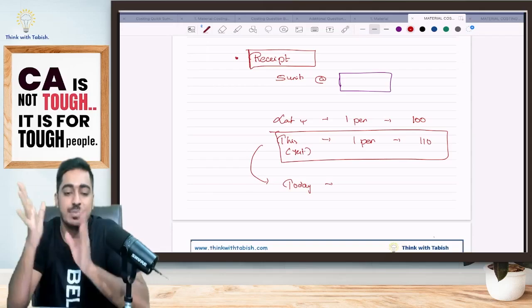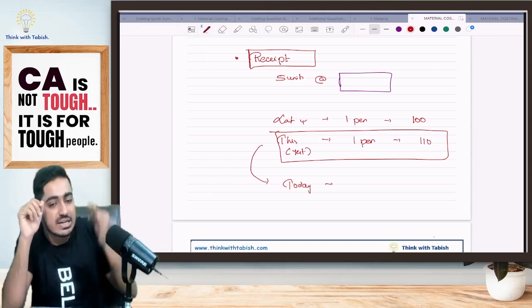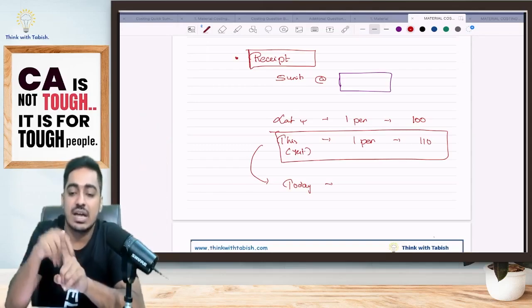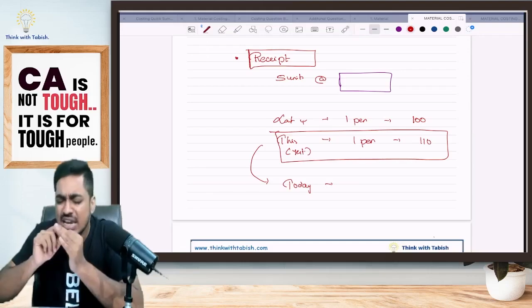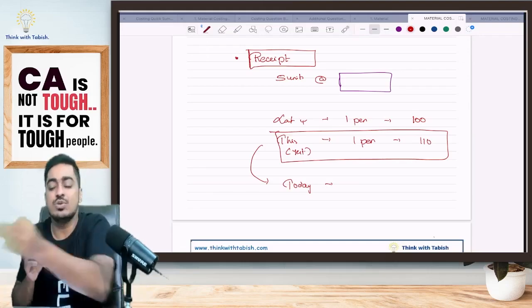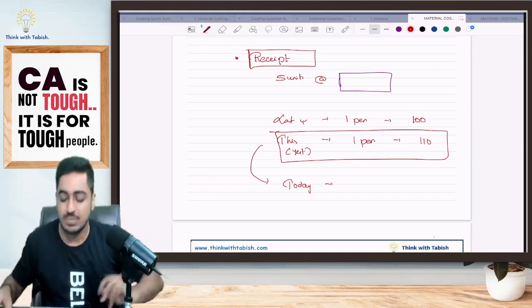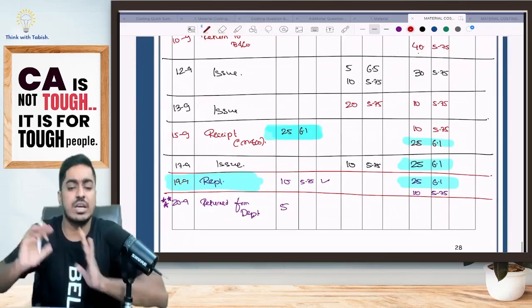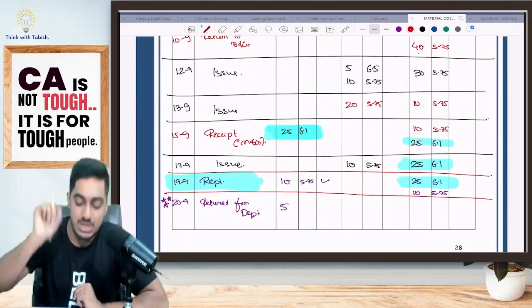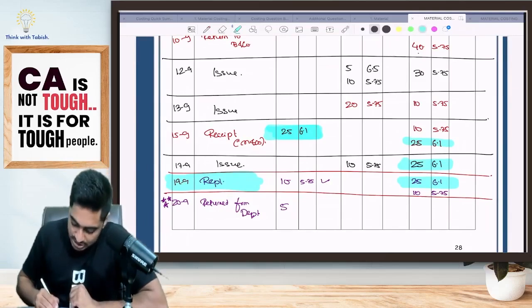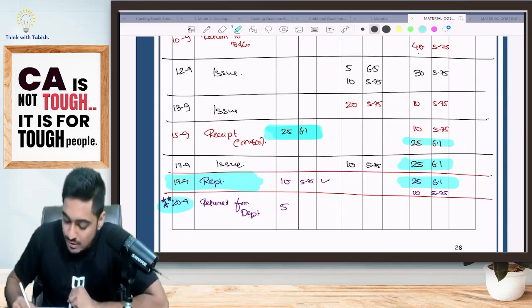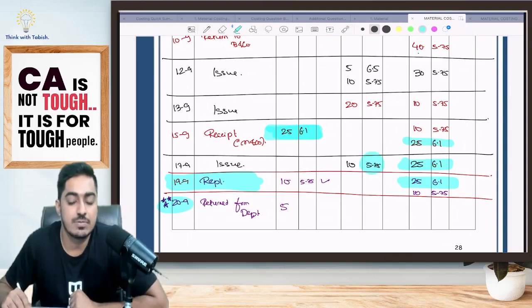Yes or no, everyone? That means, if goods are returned, I will assume that the goods returned are from the latest issue, latest just now. Which goods I had sent, that they did not like, they gave back to me. Is this clear, everyone? That means I will see just before today, just before this date, which goods were issued. Look at this. Today is 20th. On 19th, did I issue any goods? No. On 18th, did I issue? No. On 17th, I had sent 10 units at the rate of 5.75.